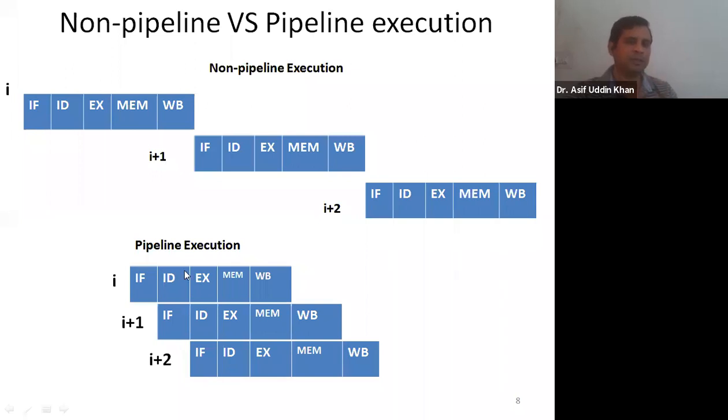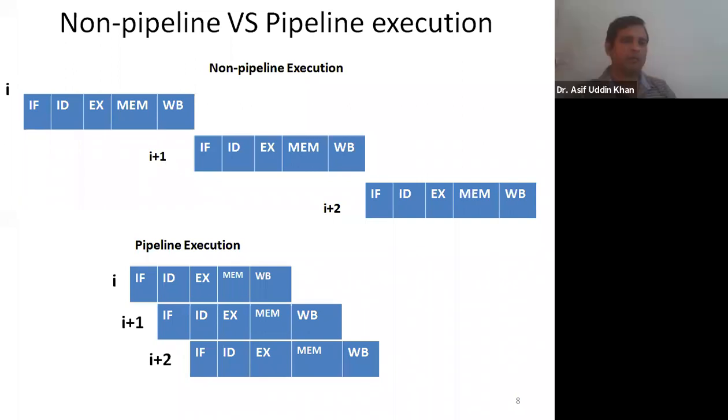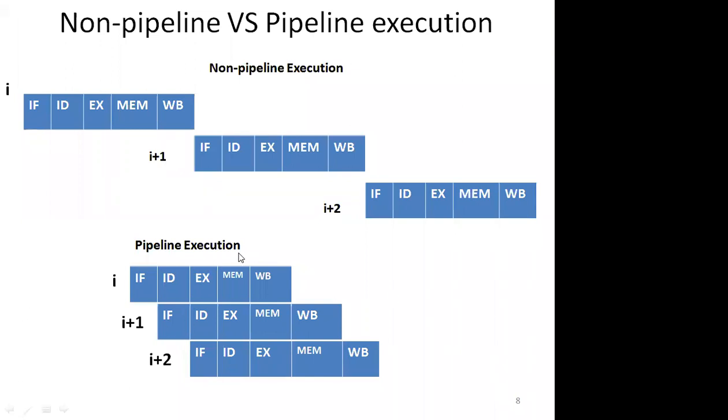If you get a question that can we achieve parallelism in a uniprocessor system, yes or no, and justify your answer, you may get this type of question. Can we achieve parallelism in a uniprocessor system, and justify your answer? Yes, you can achieve it, and you have to justify your answer. How to justify? By using pipeline.